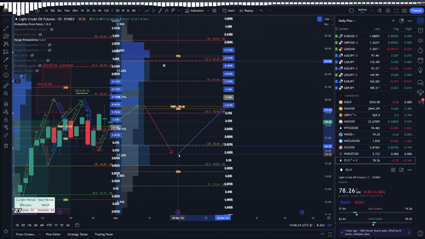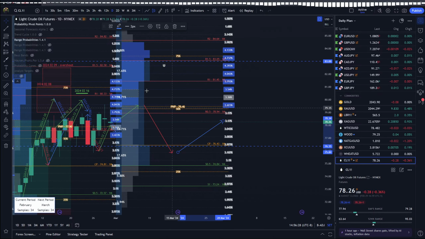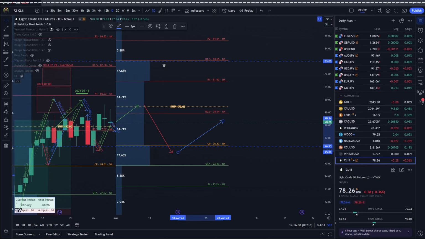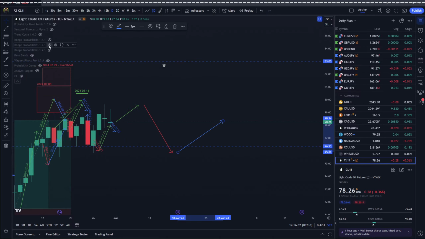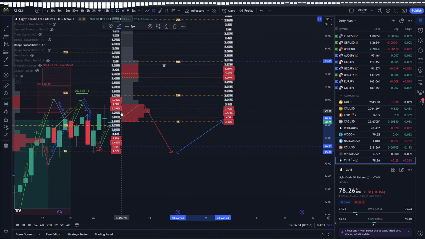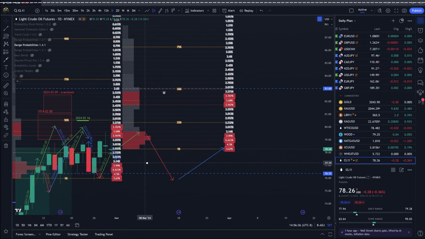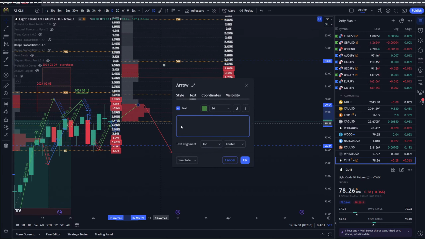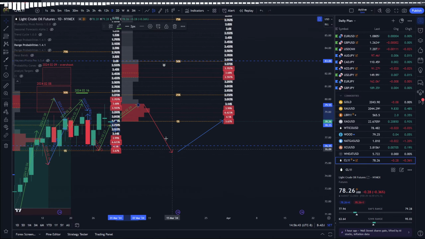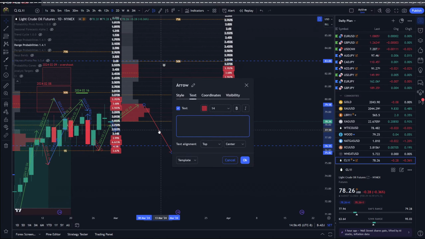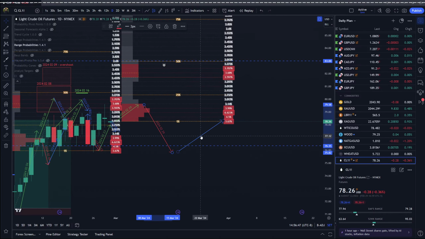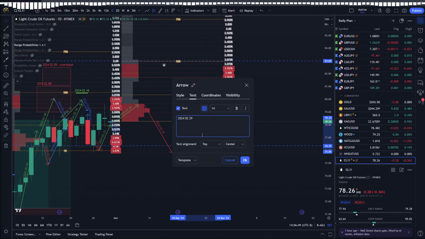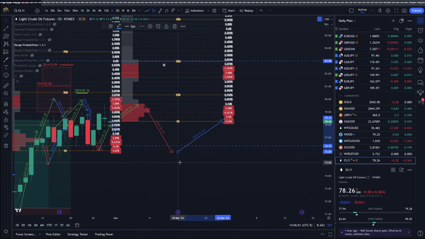That might be something along these lines. And now our high odds, yeah. Yeah, essentially range bound for oil in a $4 range between 76 and 80 based off odds that I'm seeing here. Unless something new comes along that makes oil